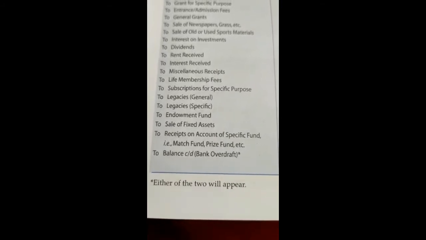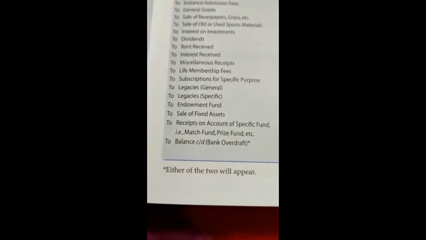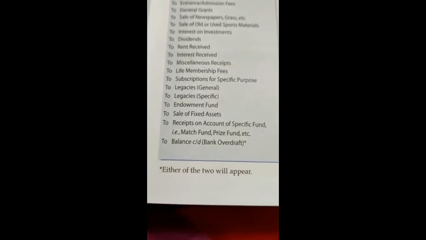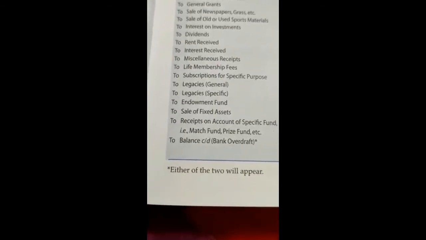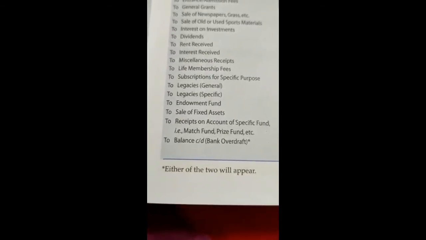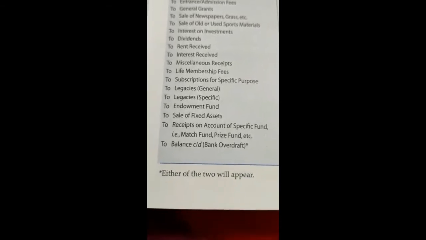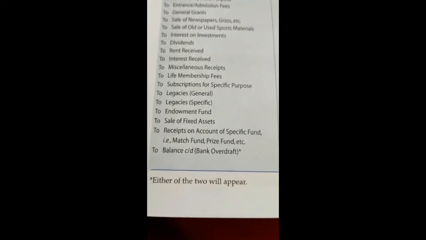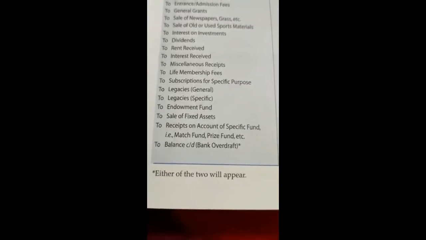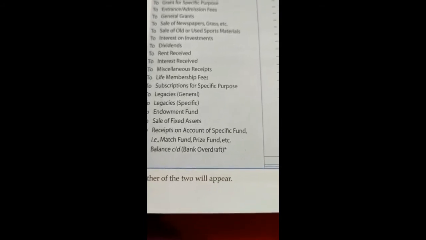Next is receipt on account of specific fund, that is match fund, prize fund, etc. Okay, so for any specific purpose, say for example, if an organization wants to build a pavilion, they may create a fund and request the members to pay an amount for this specific purpose. So for that purpose, they are creating a fund